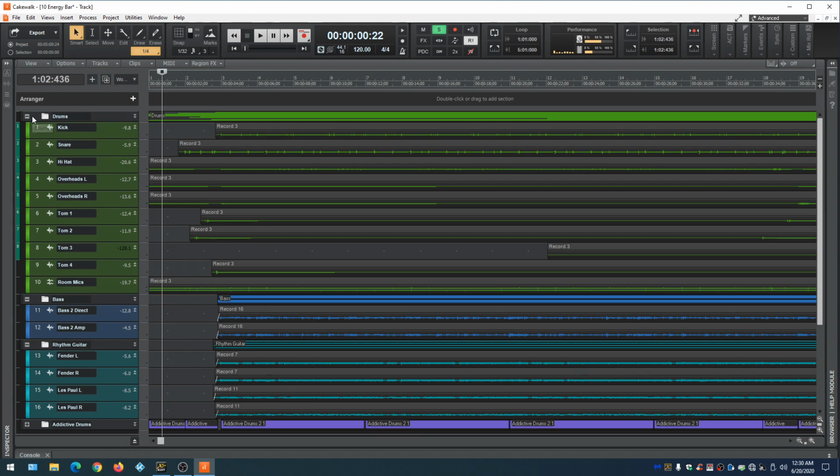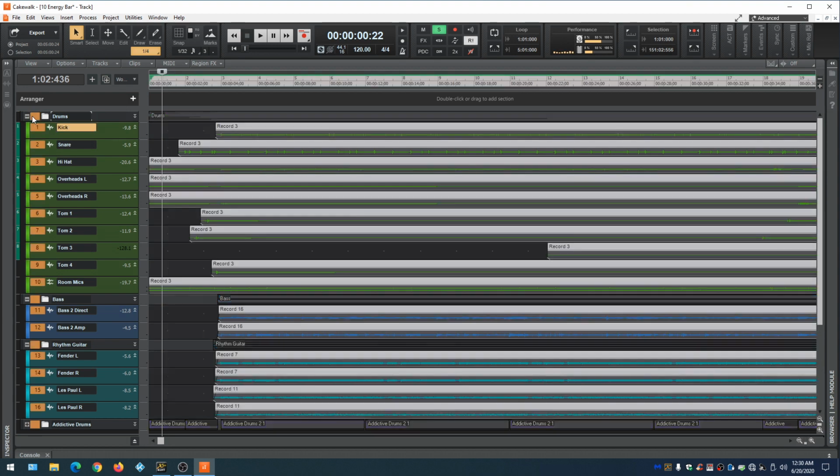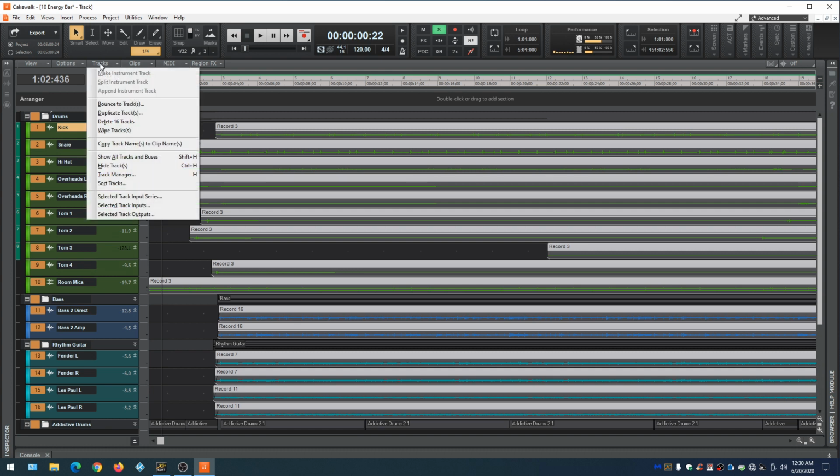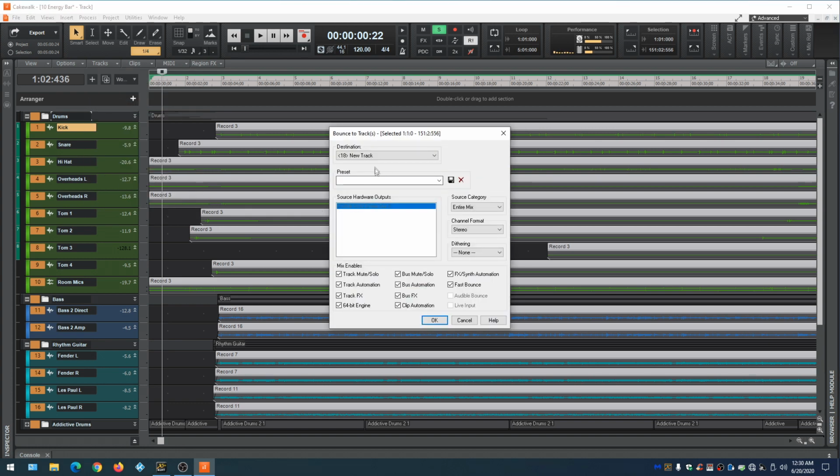We're going to highlight all of these tracks. Double click on the first folder. That's all you have to do. And then go to tracks and then go to bounce to tracks. So now instead of exporting, our mix is going to be in a new track within the same project. Track 18 is going to be our new mix,